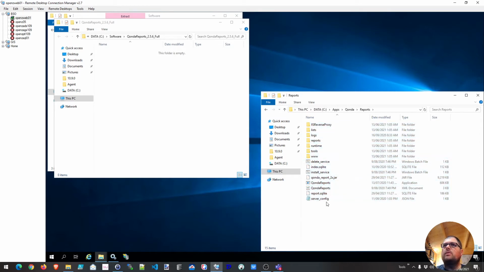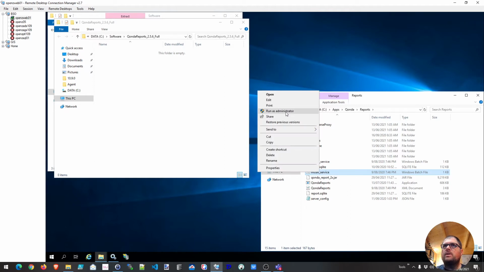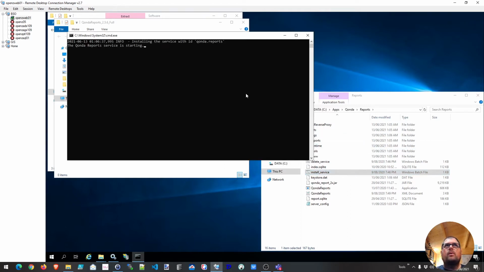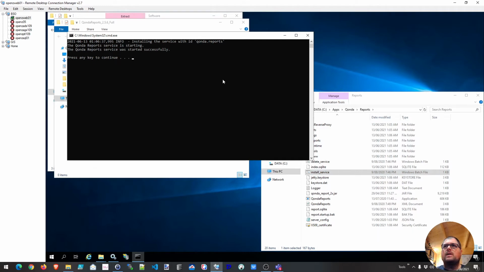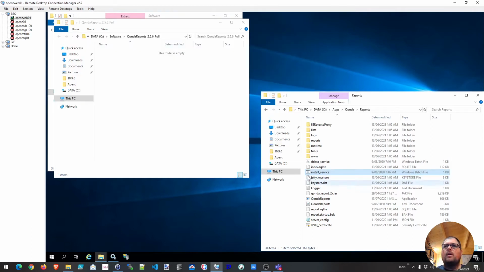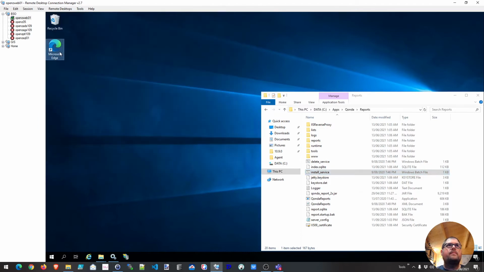Okay, so to do the manual install, there are two batch files. One is to install the service and the other one is to delete the service. So to install it, we just need to right click the install service batch file and just go run as administrator. That will install the service and start the service for us. So we can just press OK. Okay, so once that's done, we can fire up our browser